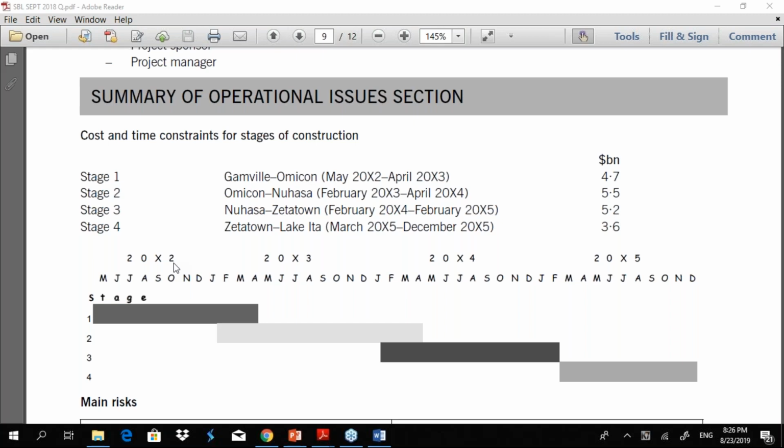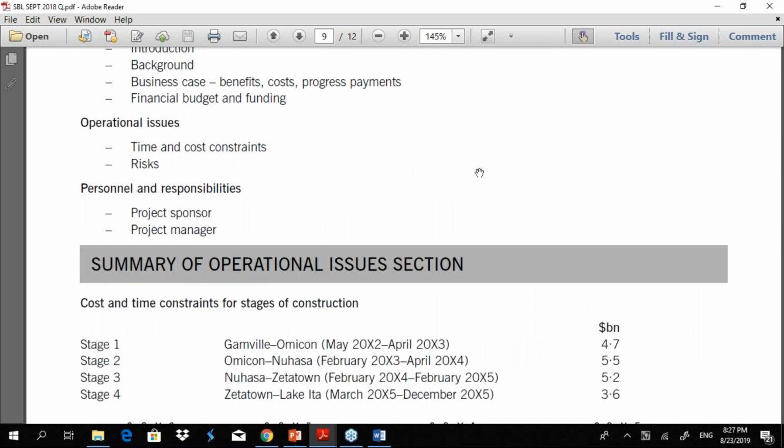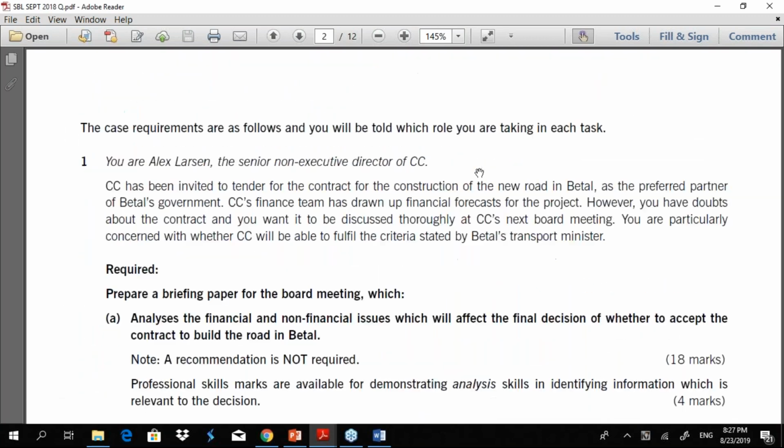The most important thing is I want you to understand what to write and how to write. In case study questions, it's very important that you understand the question. Any slip here and there, if you understand the question wrong, you will end up writing all the wrong things. Right, let's move to the third one.